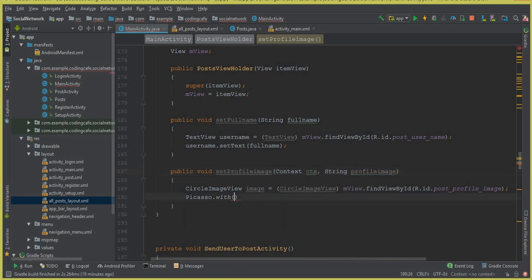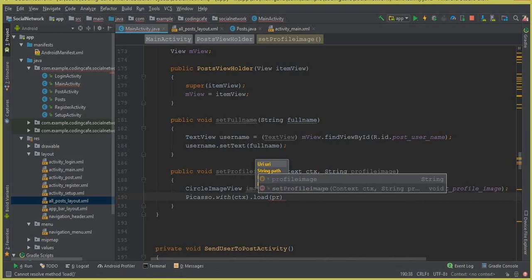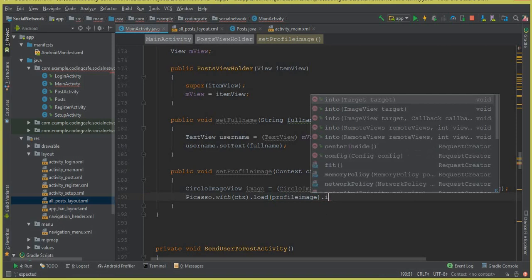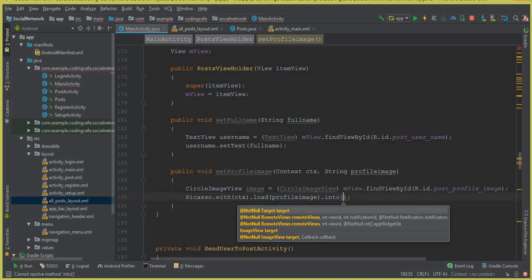Now we can pass that context here, ctx.load the profile image, which is this one. The link is stored inside this variable, which you are retrieving from the Firebase database using the model class Post, and then we can simply display it on the main activity on the profile image,